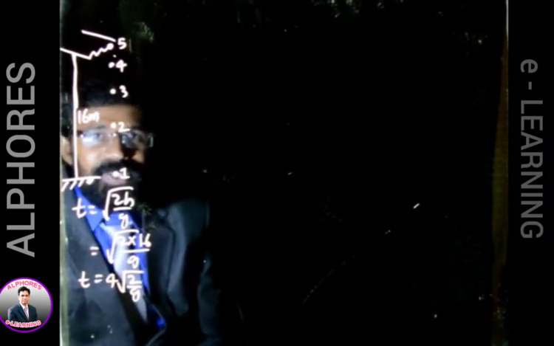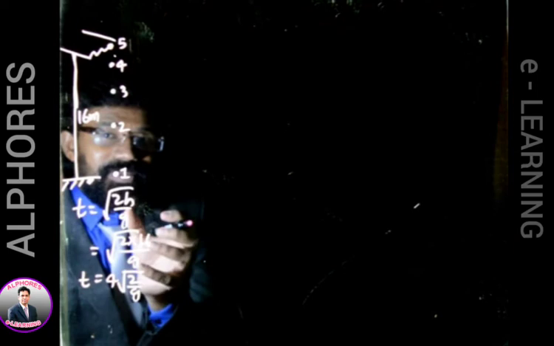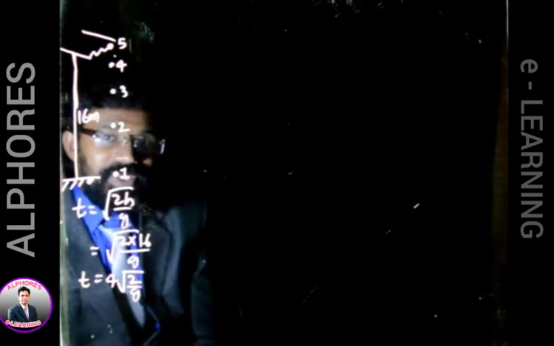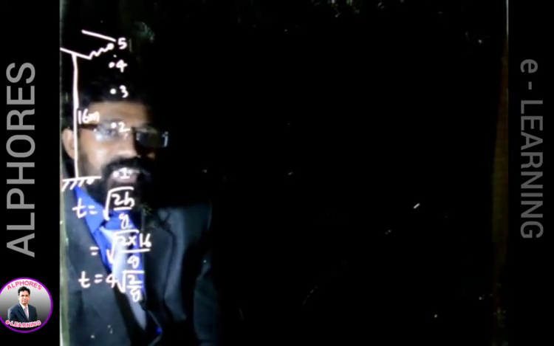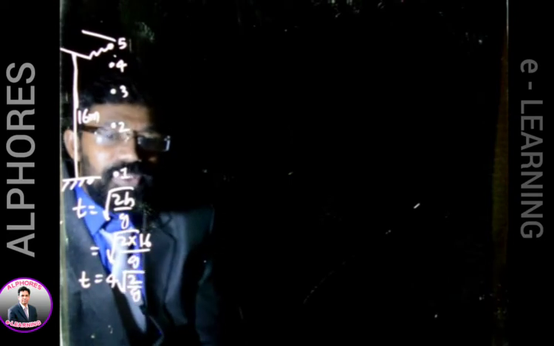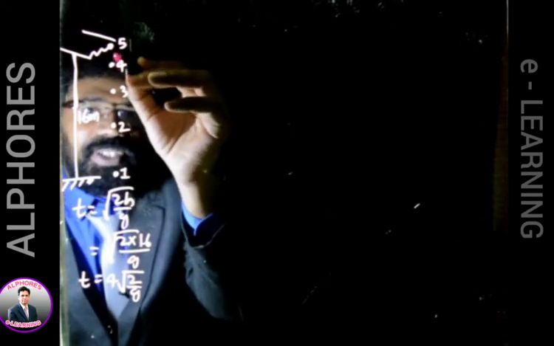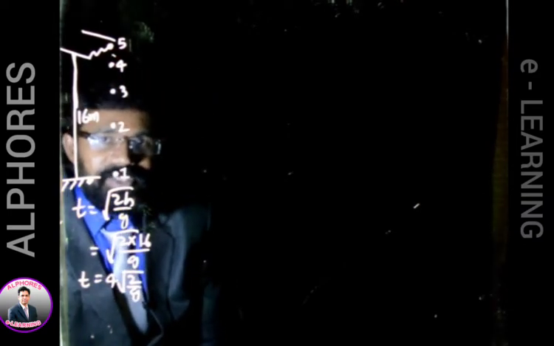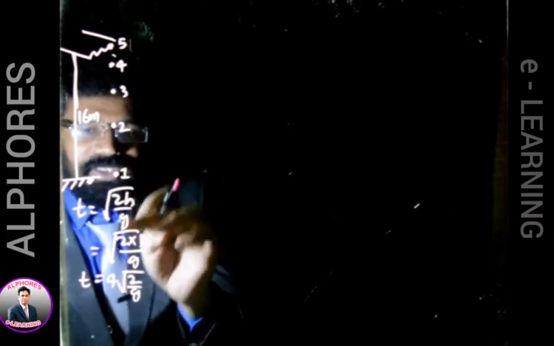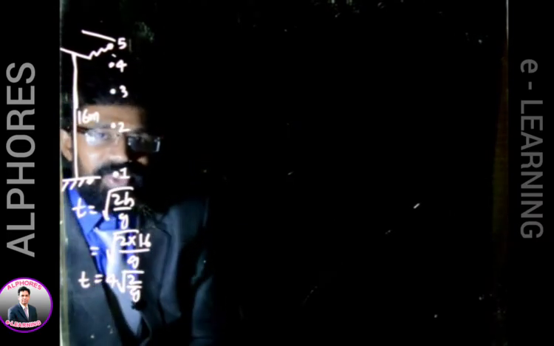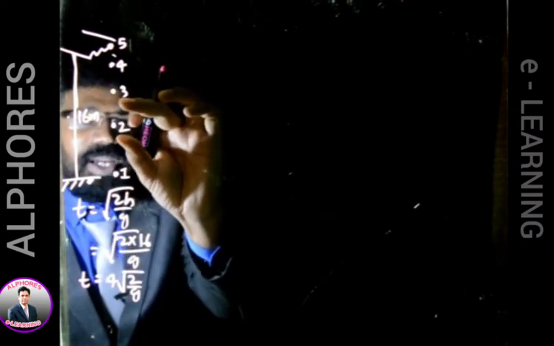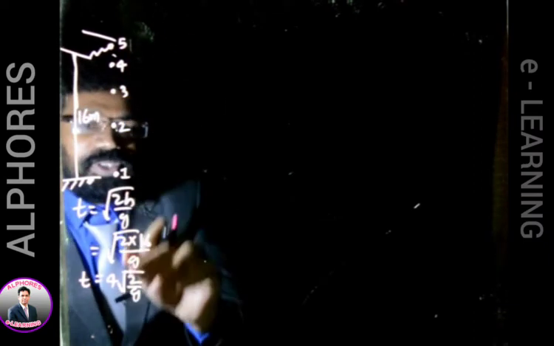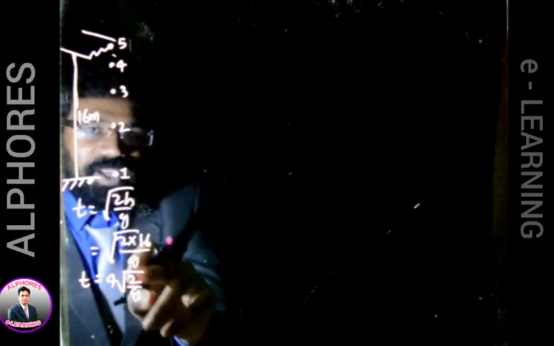So whatever regular time he is talking about in the situation, how much is that time separation between consecutive drops? T by 4. If you are taking 5 drops, how many time gaps will be there? 1, 2, 3, 4, isn't it? So if the first drop takes a time equal to 4 into under root 2 by g, then the time gap between two consecutive drops will be how much? 1/4 of this value, isn't it?